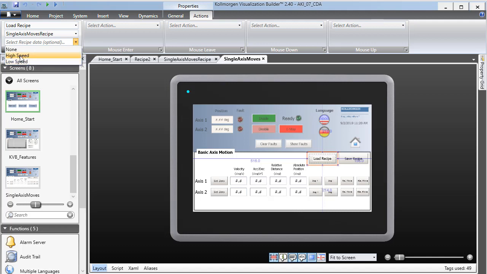So right now we pre-created the high speed or low speed. But if you have none, then when you click the button, there will be a built-in pop-up screen come up, and the user can choose from all the available recipes. Similar to the save recipe, if you don't specifically pick a recipe to save to, a pop-up will come up and you can write over a previously created recipe or create a new one. And there'll be a full keyboard pop-up so you can type in a new name if you need to save a new